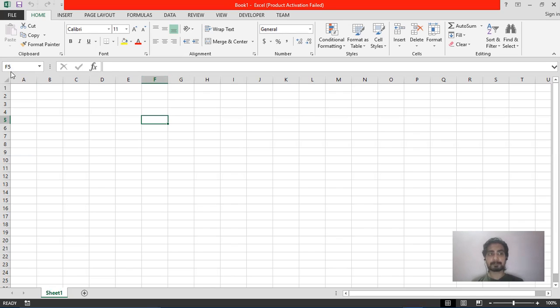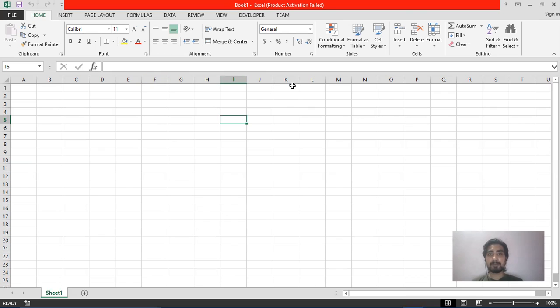In the same way, whenever you select another cell, the name box will display the name of that active cell. The name box will always display the name of whatever cell you have selected on your worksheet. And the name of the cell always starts with the column alphabet, and second comes the row number.